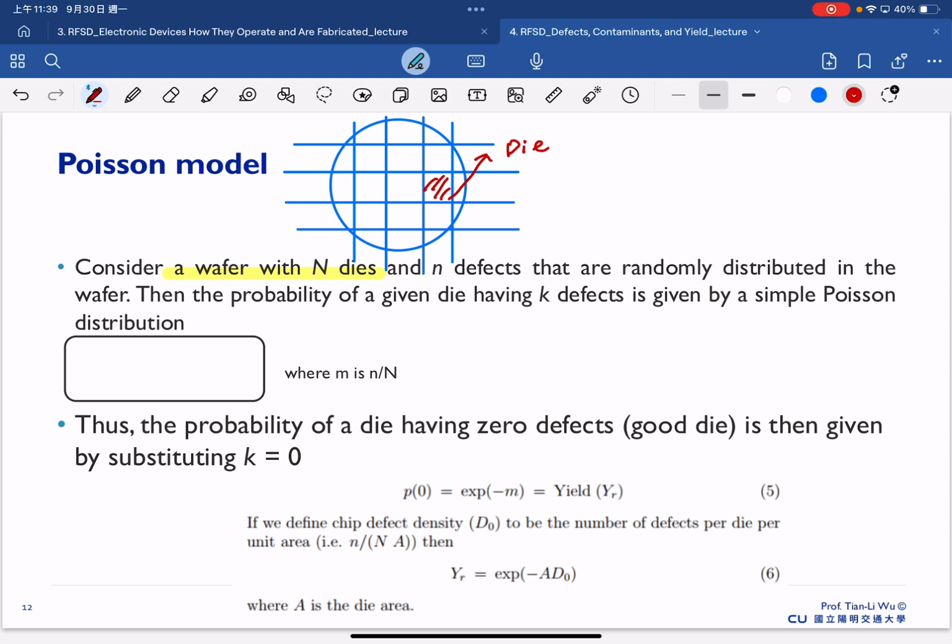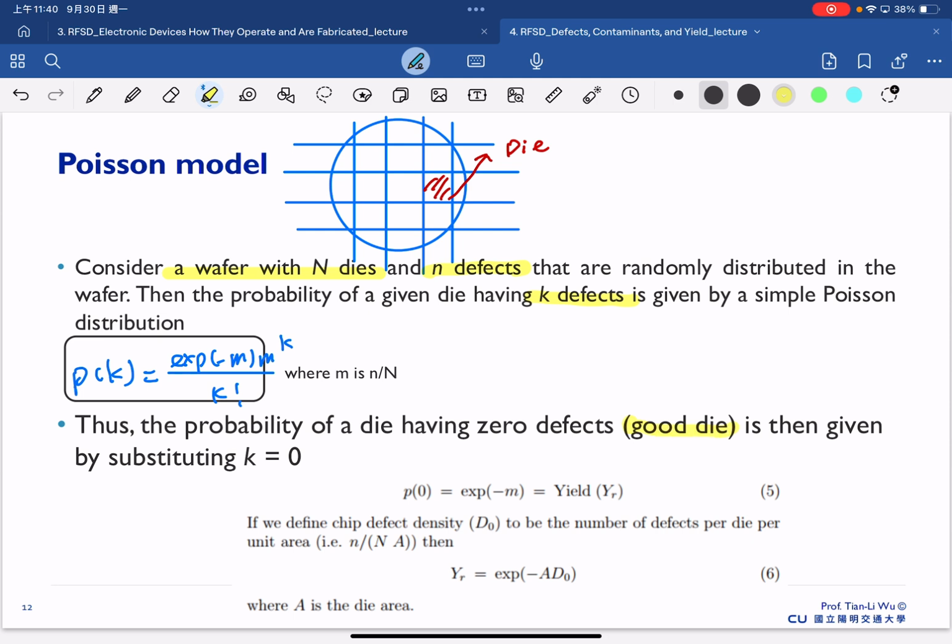So now we consider a wafer with n dies, and there are n defects randomly distributed in the wafer. The probability of a given die having k defects can also be provided by this simple Poisson distribution equation, which is shown here. Pk here is equal to exponential minus n, n to the power k. So therefore, the probability of a die having zero defects,